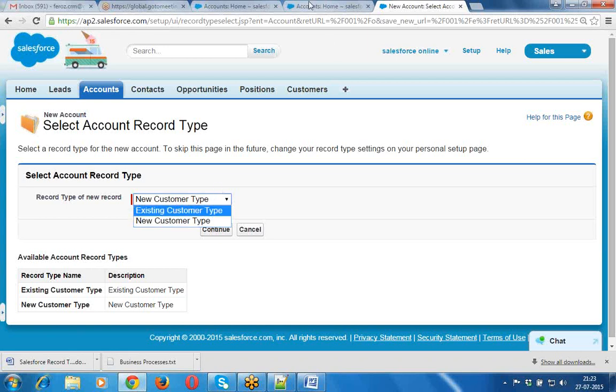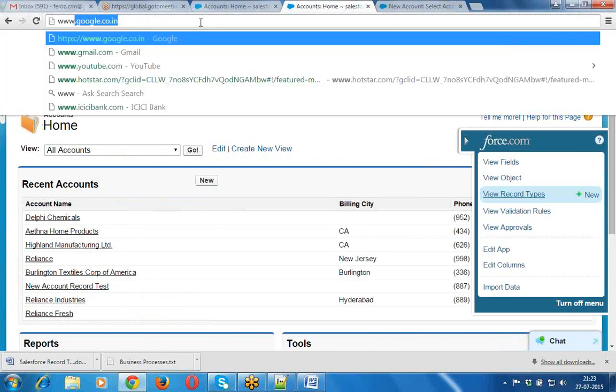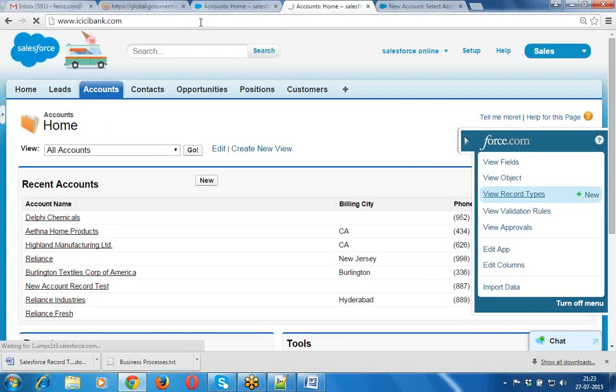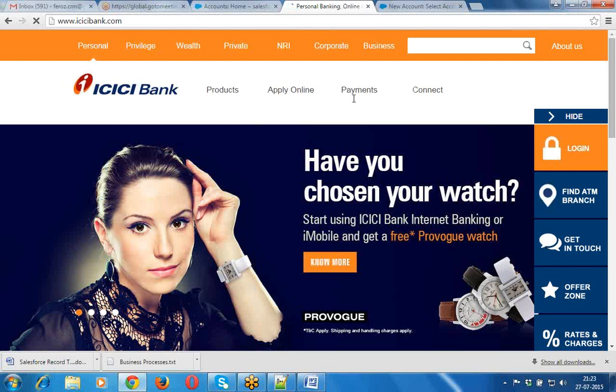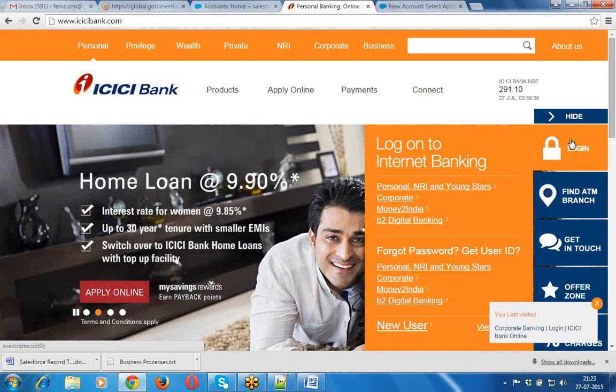Like when you go to your banking application, like the ICICI bank application, it provides the login option, where when you click on login, it provides personal, NRI, youngster, and corporate.